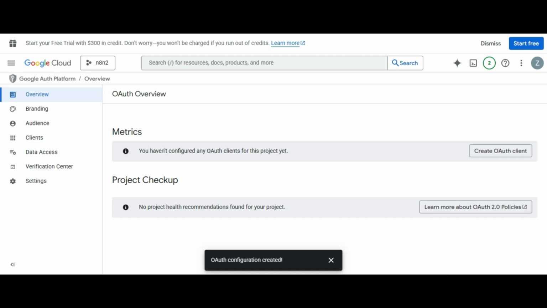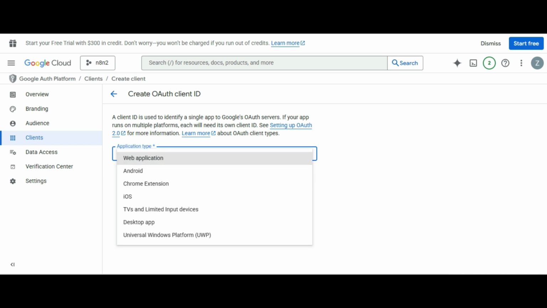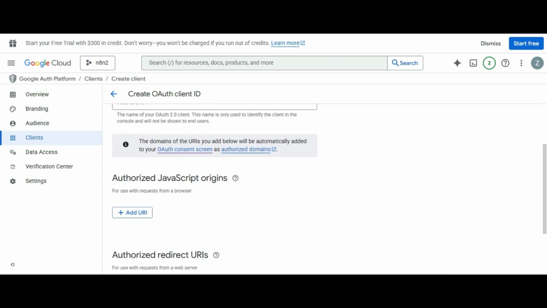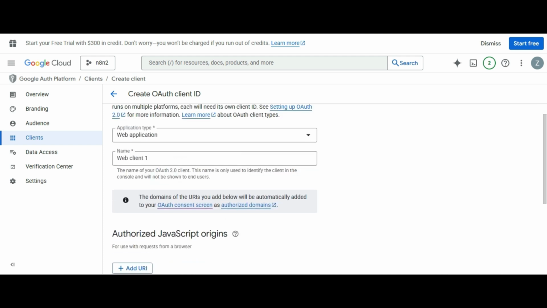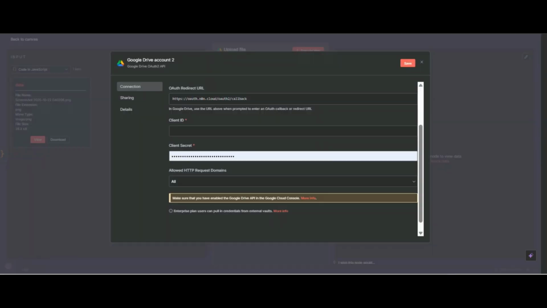So we have to create the OAuth account, and now we have to create our application or our client ID. You have to give a name, and now you can see there is authorized redirect URIs. Now you can see there is an OAuth redirect URL.